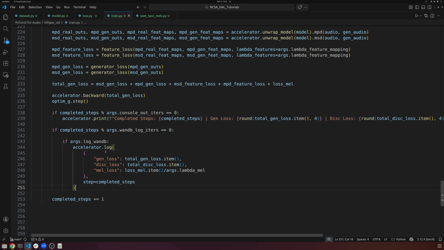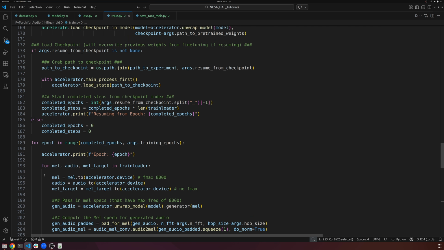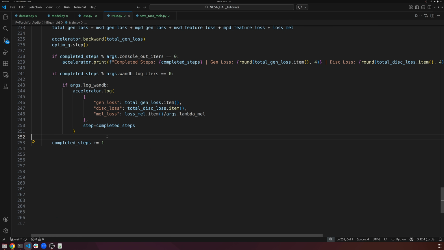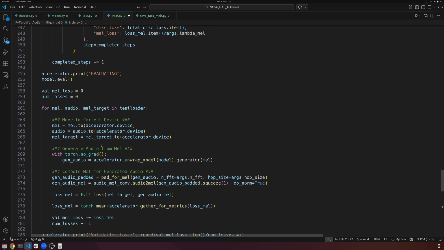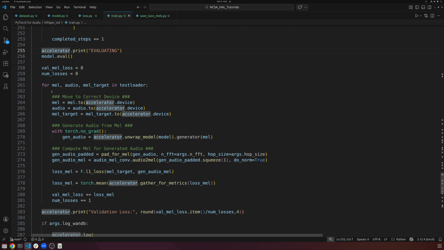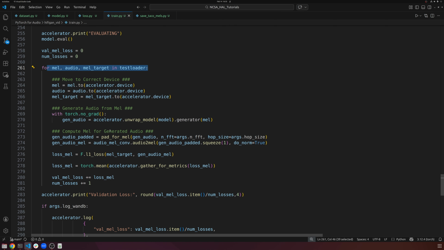Every once in a while, go ahead and log to Weights and Biases. And after all of that, we've completed a step, and this is one epoch. After we've completed a singular epoch, we can go ahead and evaluate. The evaluation script is no different, so we can just paste all of this in. There's nothing new here. Basically, in every evaluation, loop through the test loader, and all we're going to do is